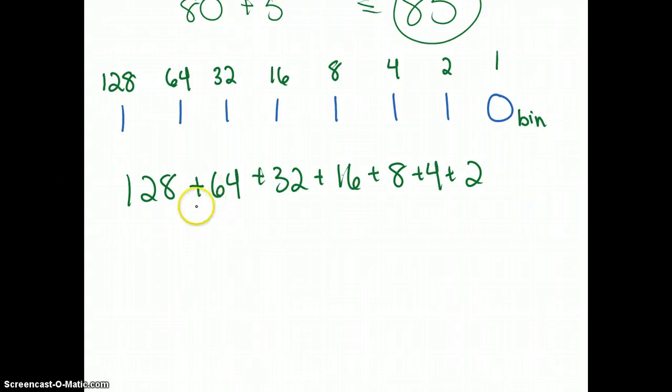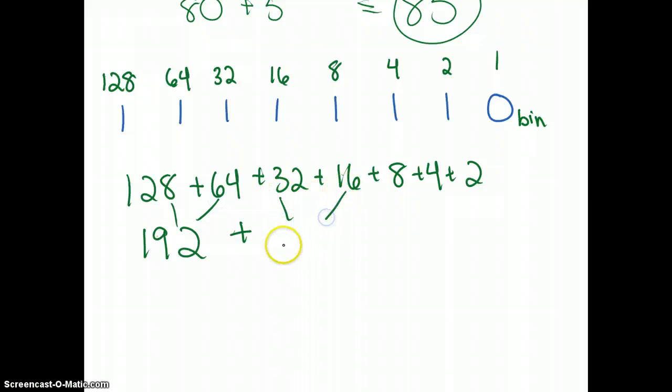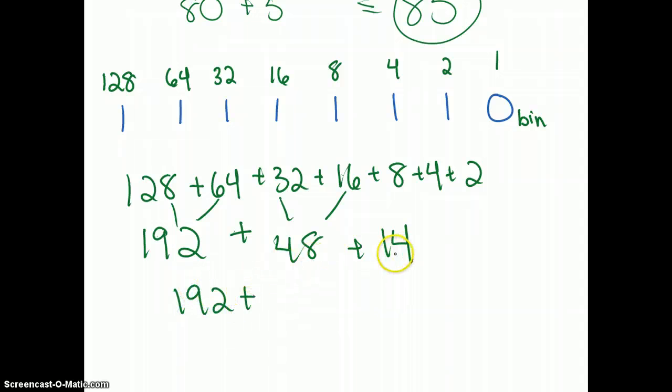Okay. 128 plus 64 is 192. All right, 32 plus 16 is 48. 8 plus 4 is 12, plus 2 is 14. All right, 192 plus 48 plus 14 is 62. So we get